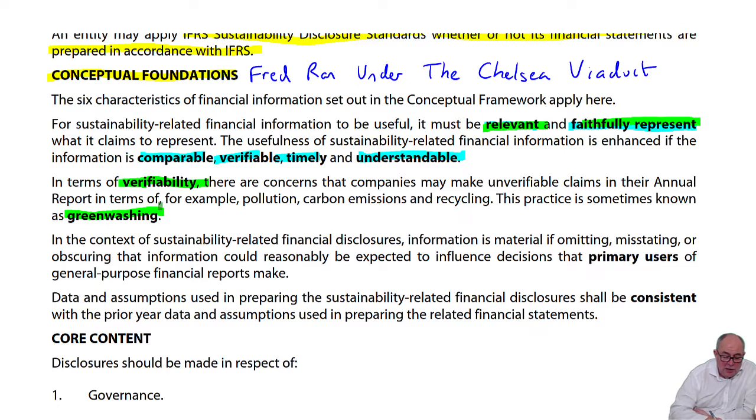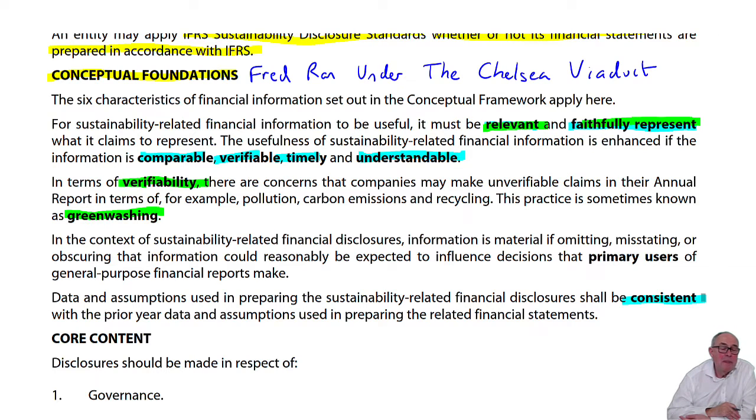Final point, which I'll just highlight here, is that this is a changing feast, isn't it? So it will be very tempting to give information about different things every year, and we need to make sure that you're getting some measure of consistency in terms of the disclosure.